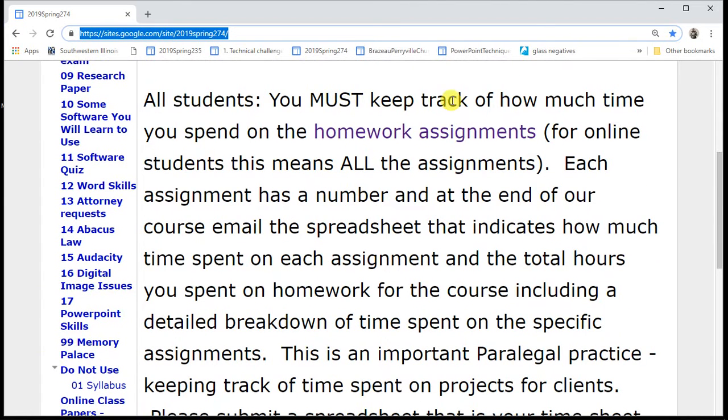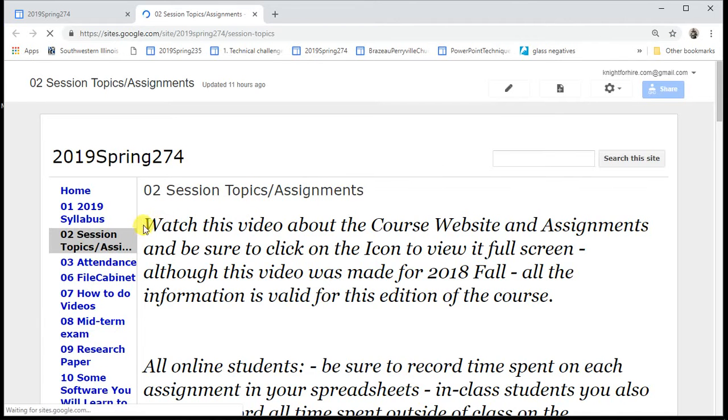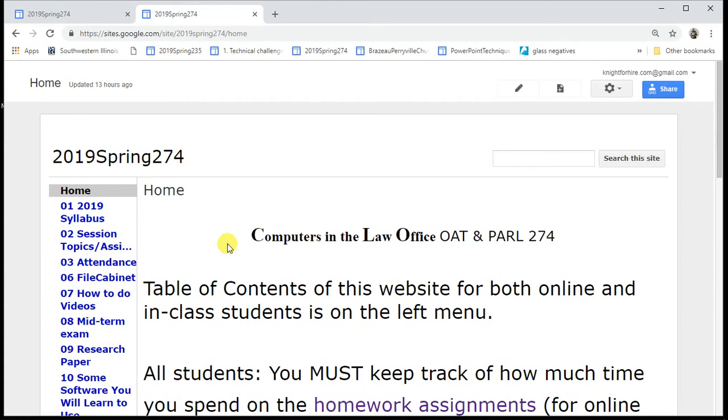Notice it says you must keep track of how much time you spend on the homework assignments. This link here is to your homework assignments. Of course, all the work is homework in the online class, so you're going to be having quite a bit of work to do. And so you click on this. I'll click there, and it will take me to the page that has the session topics and the assignments on it, and here they are. So I could have clicked there, or over here in the side menu, notice it's number 2. If I click home, I can go back to that home page that I was on,